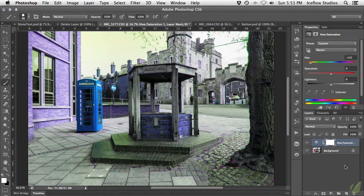Well, if you take a look at the adjustment layer that was just added, you may notice that a layer mask has also been added as well. This allows us to control which portions of the adjustment is hidden and what remains visible. In a situation like this, you have to ask yourself which area is larger, the portion that you want hidden or visible. In this case, the area that I want hidden is larger, so it's actually easier to start with